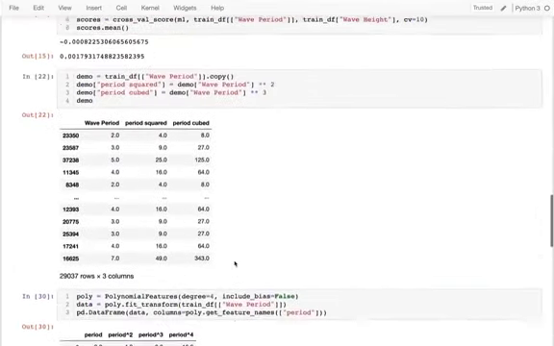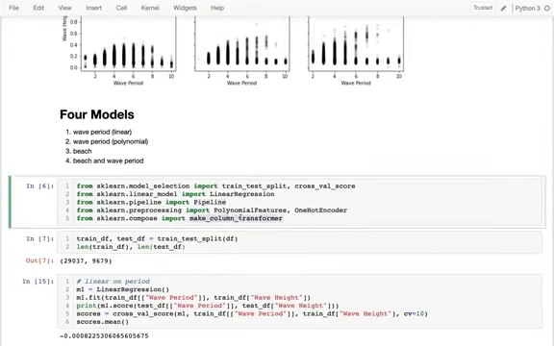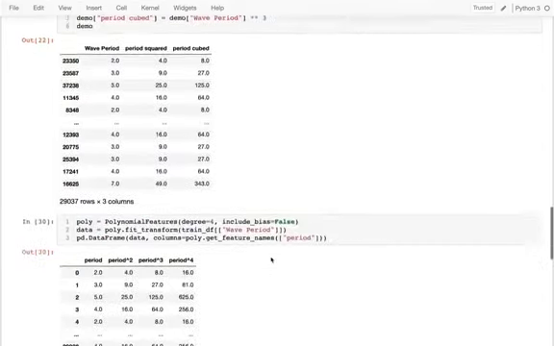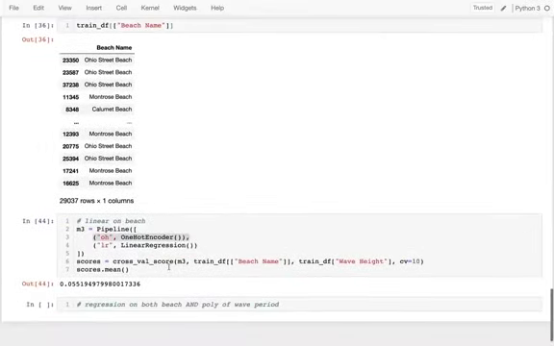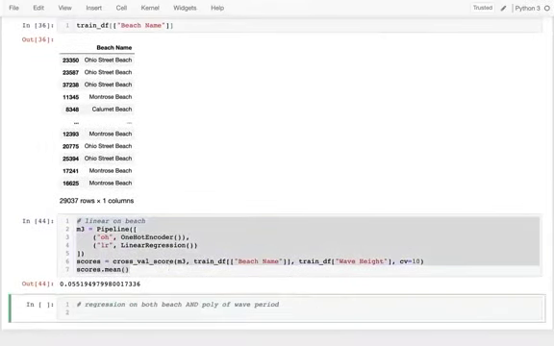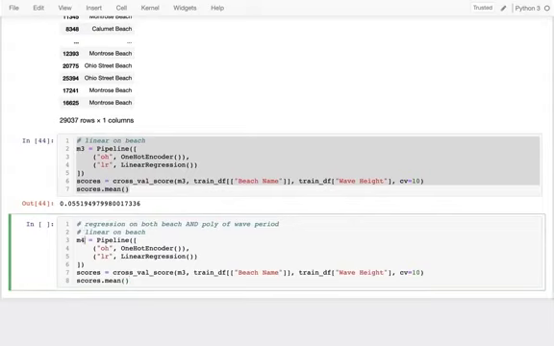And it turns out that that's the last piece that I imported up here. The make column transformer is going to let me stitch together multiple transformers, each of which applies to a different column. So I'm going to come down here, and I'm going to copy this from my inspiration for model 4. All right, so I'm going to have model 4 now. And what am I going to do? So this is what has to change, right? Somehow I have to have something here that can capture both columns, because what I'm going to do down here is pass in both beach name and wave period